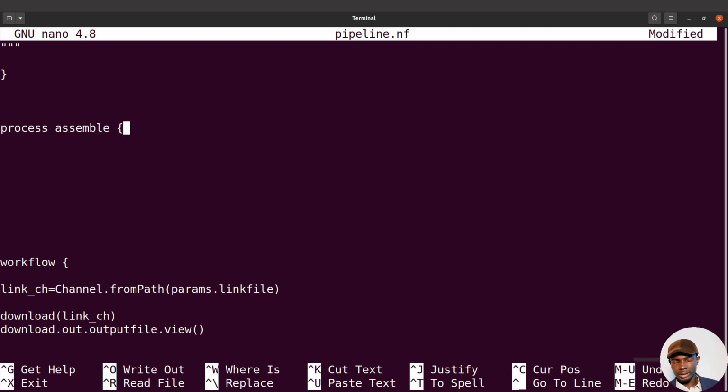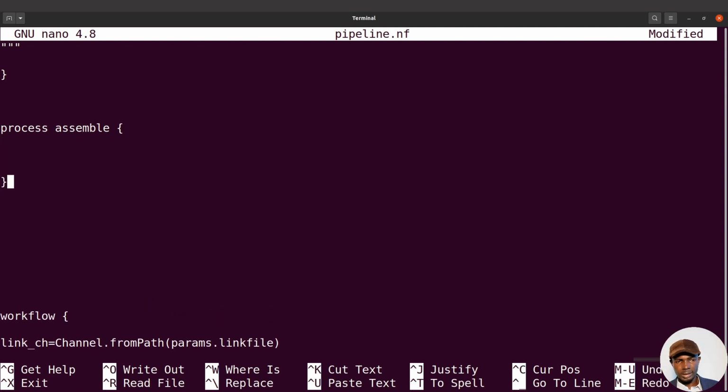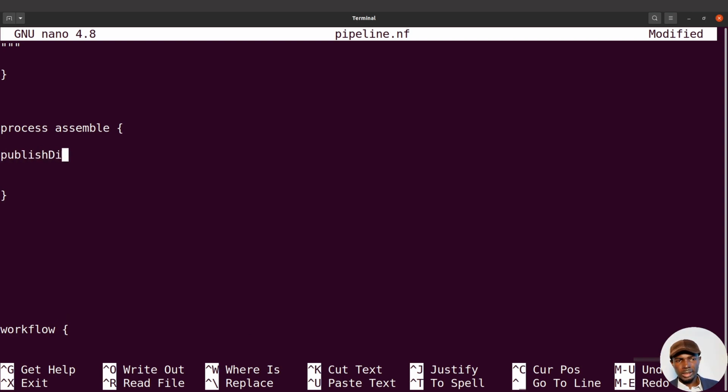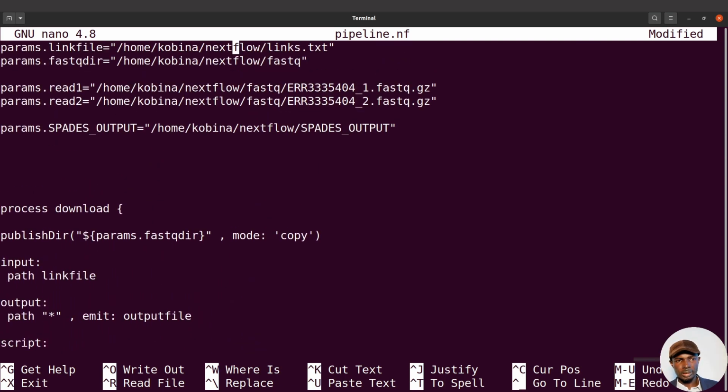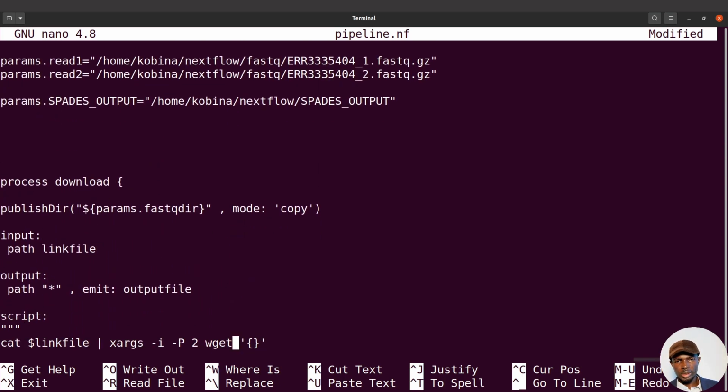And then I bring my curly brackets starting and then ending. And then in it, I'll use my publish dir. So I'll say publishDir, and then my brackets, double quotes, dollar sign, curly brackets, and I say params.spades_outputs. All right, let's just confirm the name. Yeah, so spades_outputs